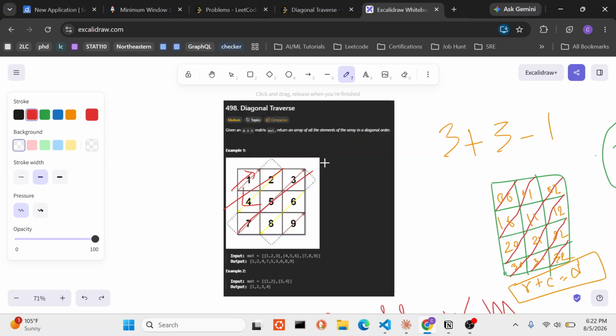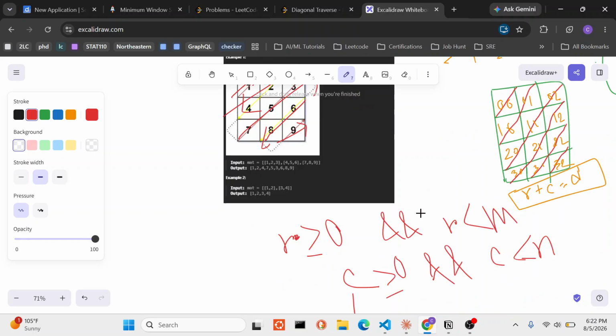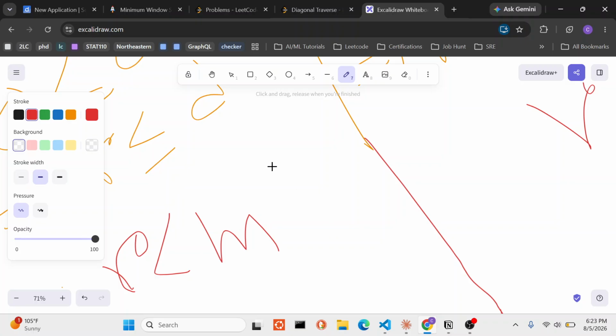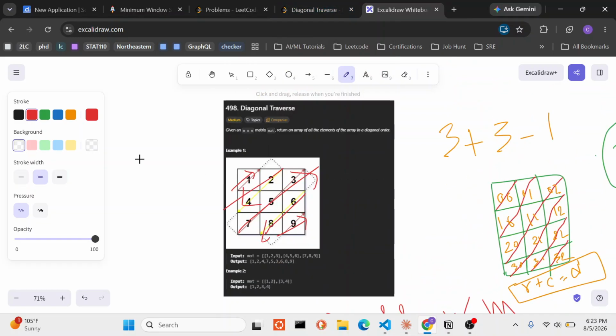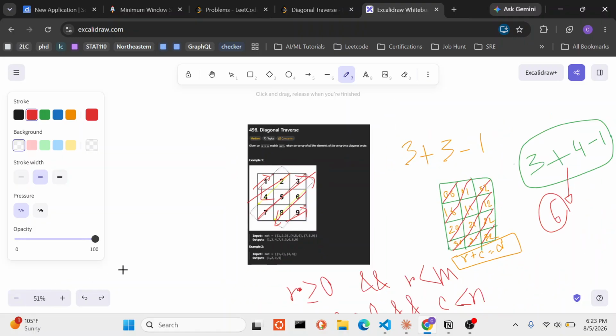And we can just code against these two cases rather than manually figuring out the inequalities. And the way I would do it is basically for each up movement, for example,